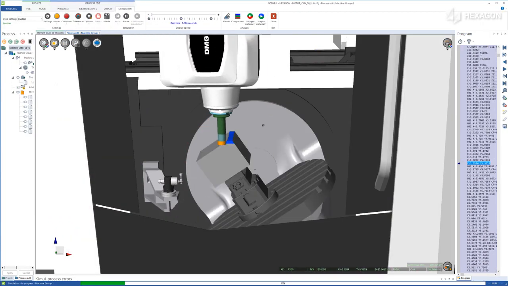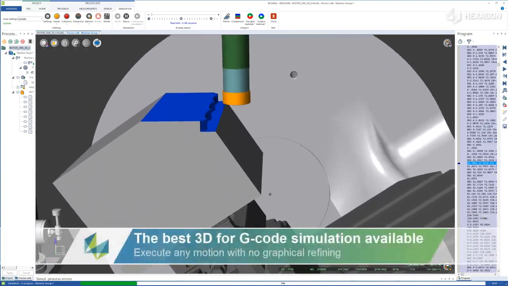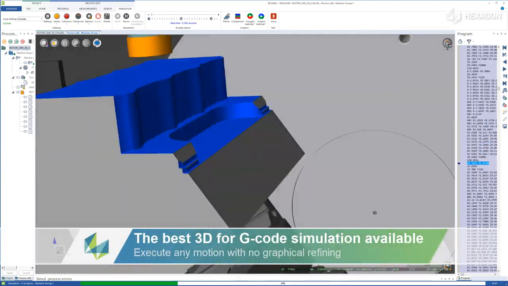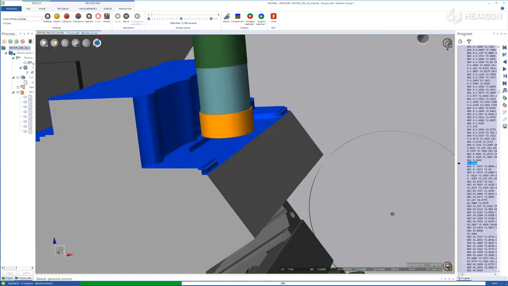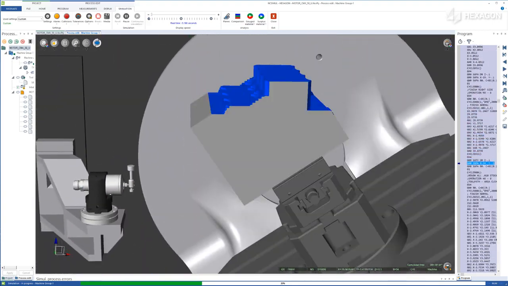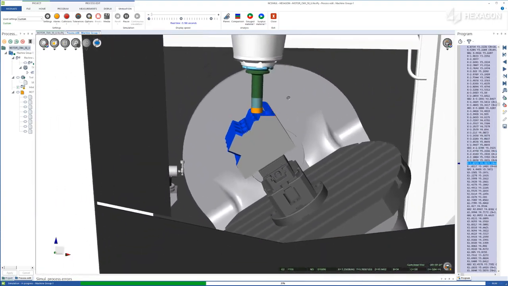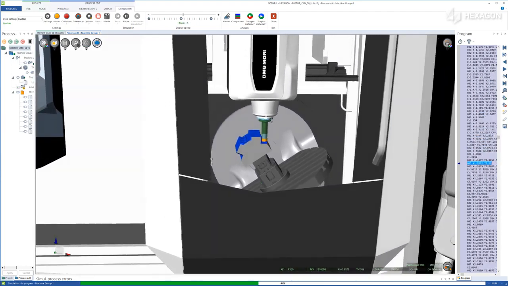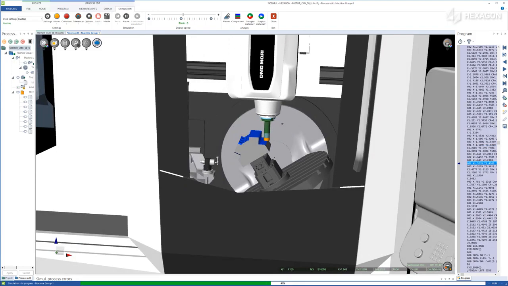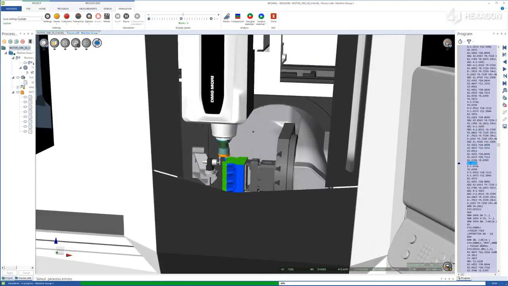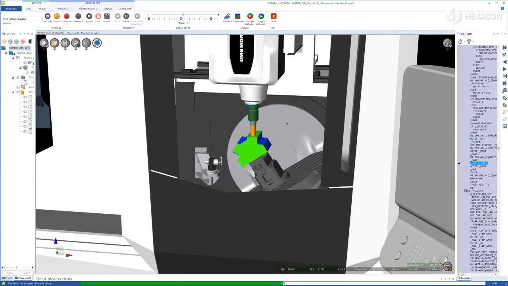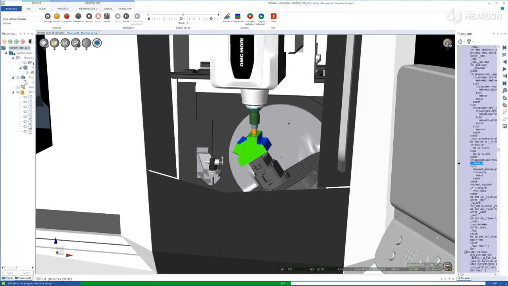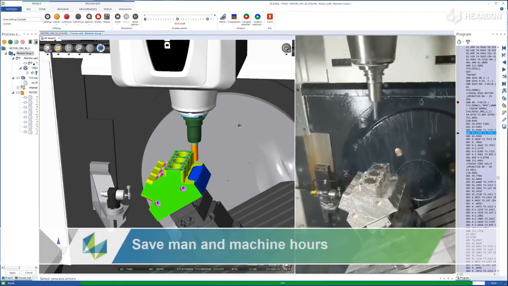NC Simul Solutions utilizes the fastest, most advanced graphic engine available, allowing it to remove clear-cut volumes of material in the simulation environment in either part or machine view. It is the only G-code simulator that can be continually manipulated through zoom, pan, and rotate commands without any instances of refresh latency. By streamlining the production process via an intuitive interface, NC Simul saves both man and machine hours